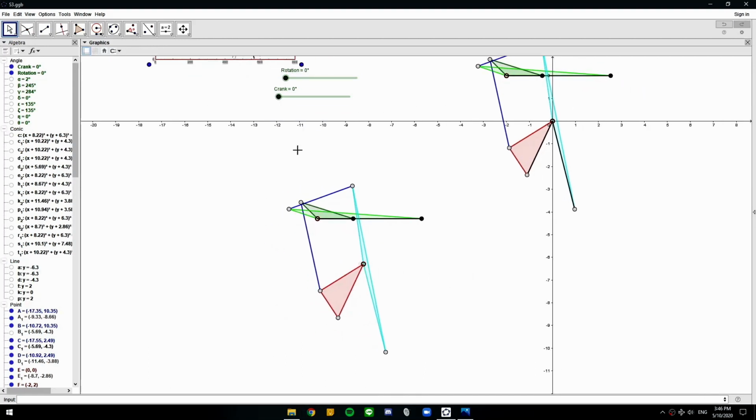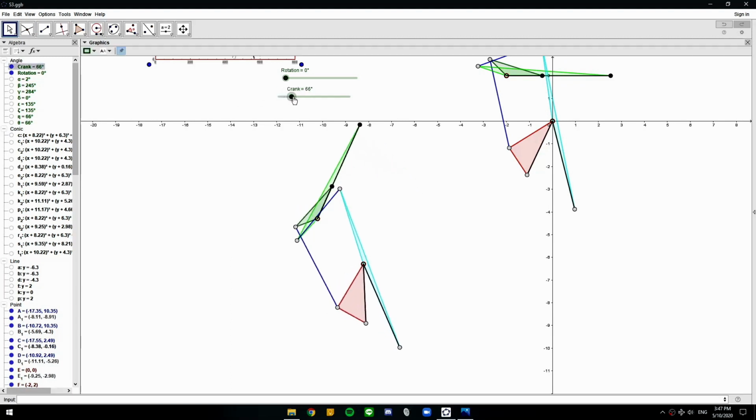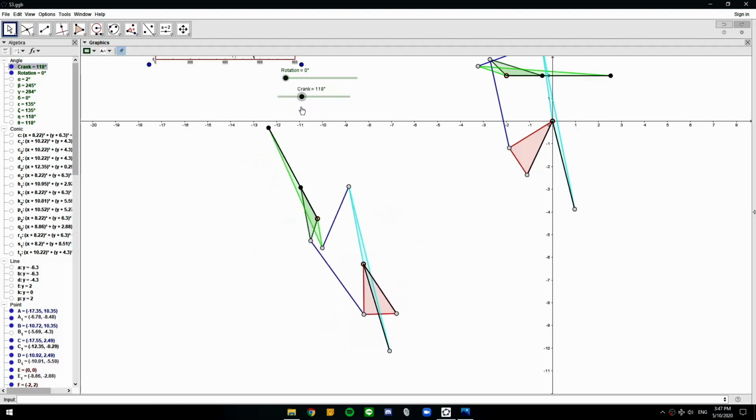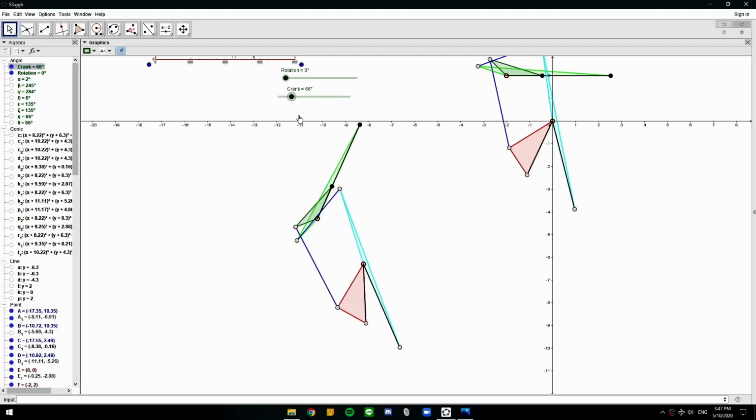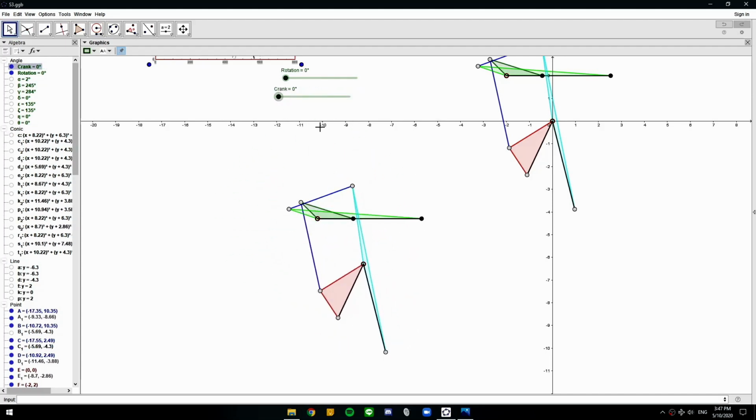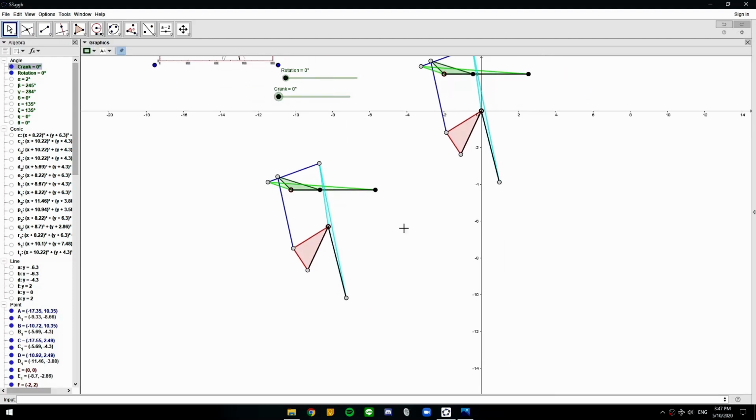Let's double check. Let's draw a segment for the output angles so we can know where it is. Let's check if it works. And everything looks like it should work. So the most amazing thing here is the foot trajectory that this draws out, it should be identical to the one you made in step 1. Now to quickly check before we make the parallelograms and everything,